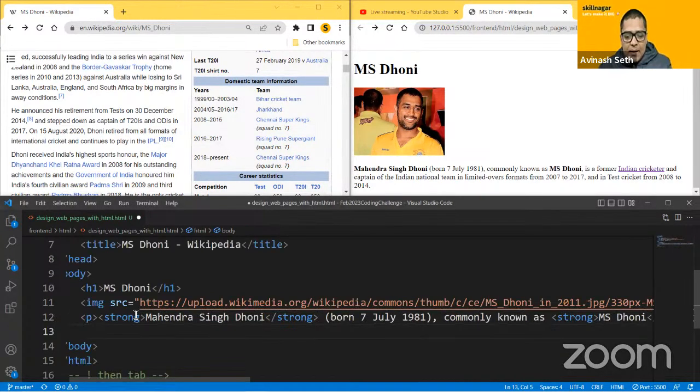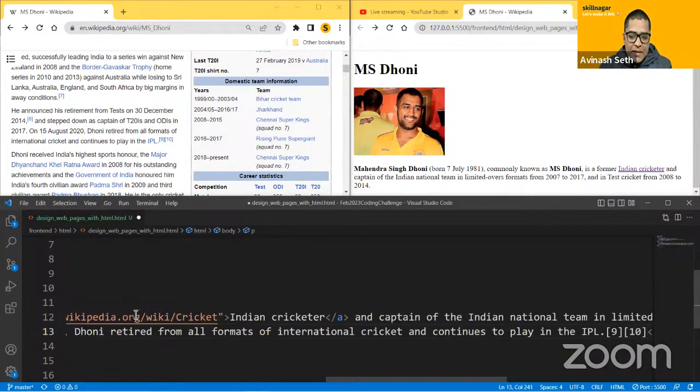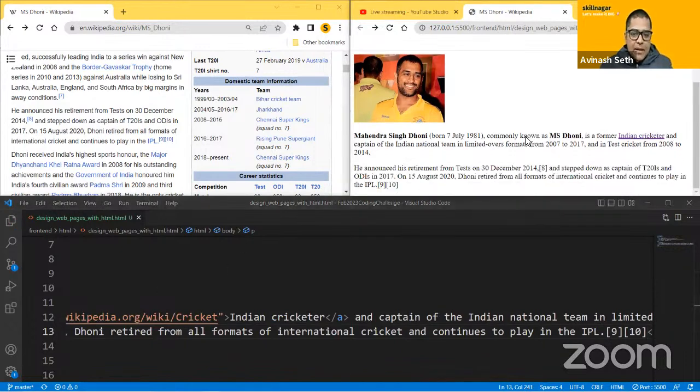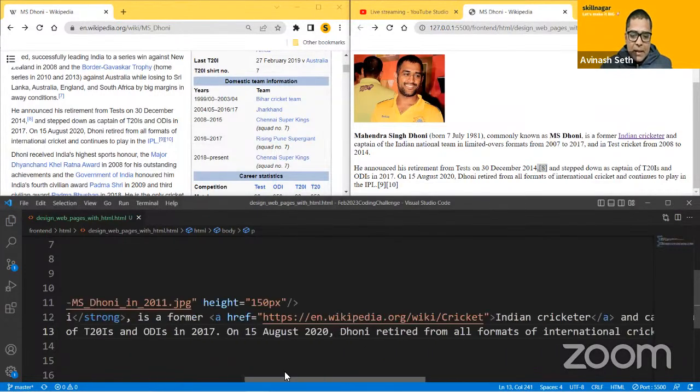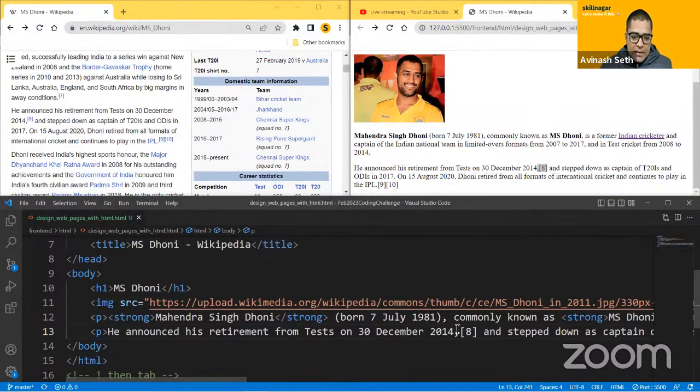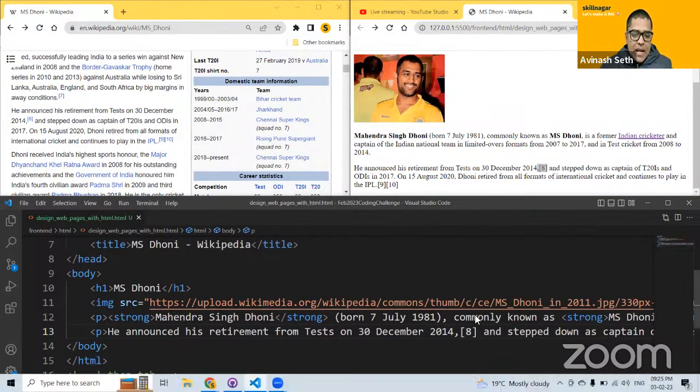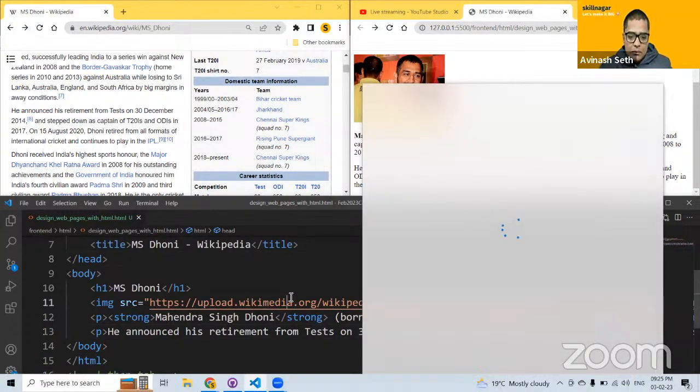I'll come back here and open a P tag, and I will paste everything which is there. Now you can see we are getting it as 8, which doesn't look very different, it is of the same font. So I will come to this 8, where it is. Yes, here it is.